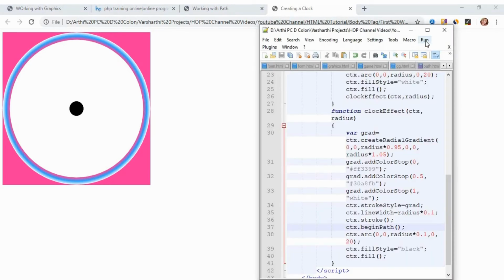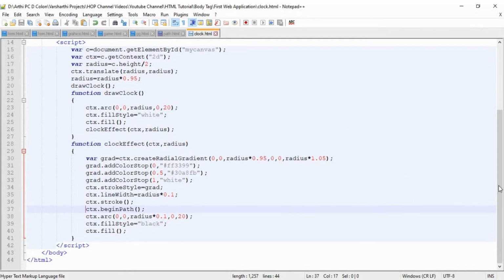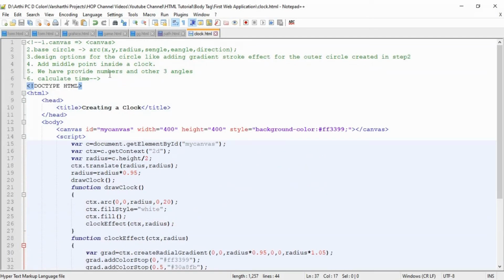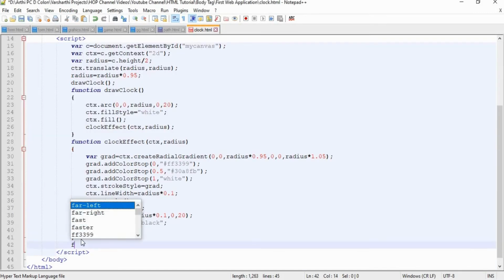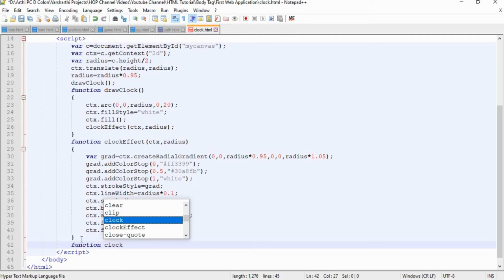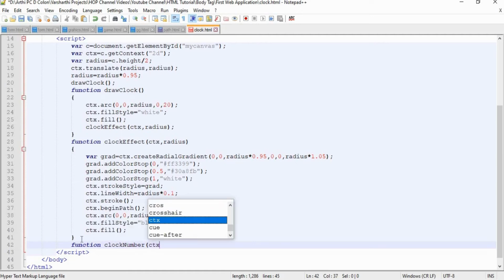So with this we have completed our 4 steps, right? The remaining steps are to create the numbers and 3 angles and finally calculate the time. So now we are going to create the numbers. Just create a function for adding our numbers with the parameters context and radius.